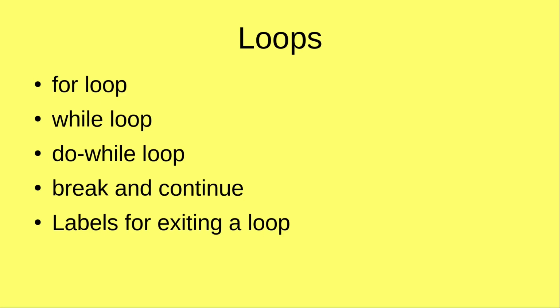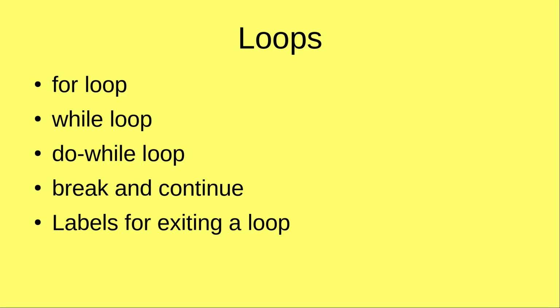In this video, I'm going to talk about how to set up a loop. So basically, there are three types of loops: for loop, while loop, and do while loop. And we can also use the keywords like break and continue to control the looping. And finally, I'm going to talk about a property of JavaScript by means of labels. With labels, we are able to exit a loop as we wish, as long as the loop is indicated by